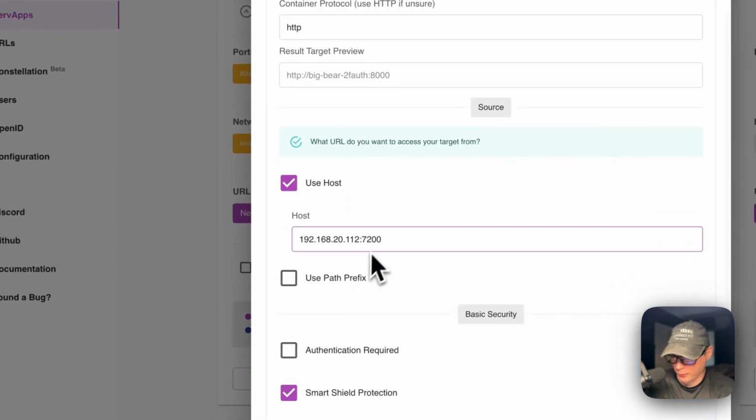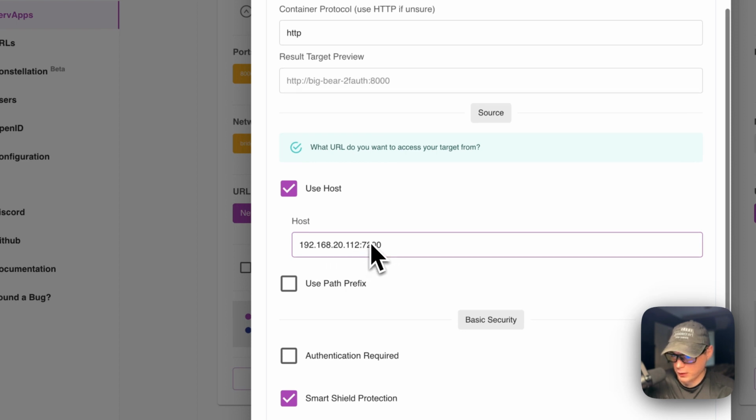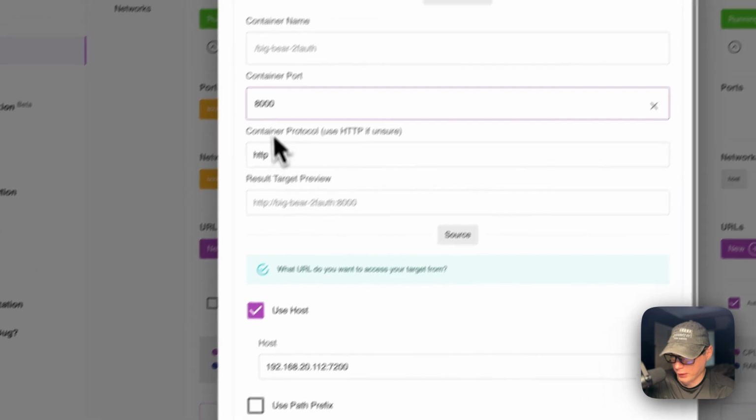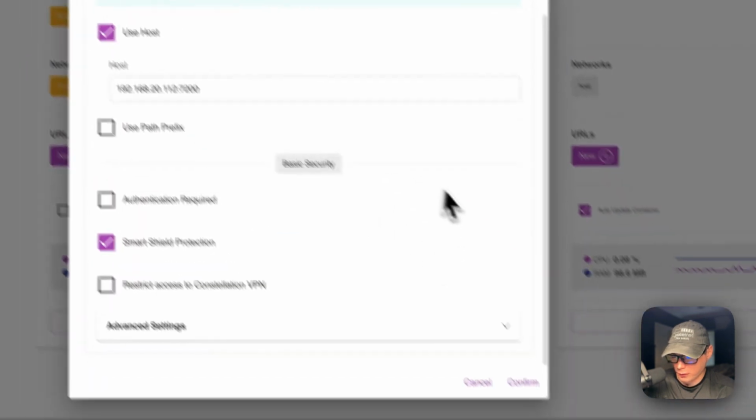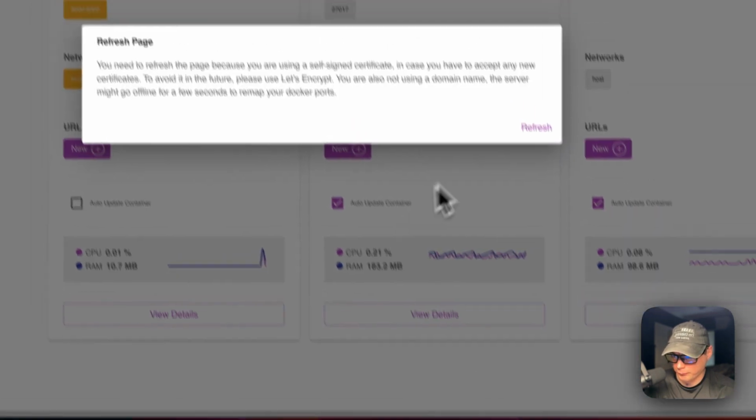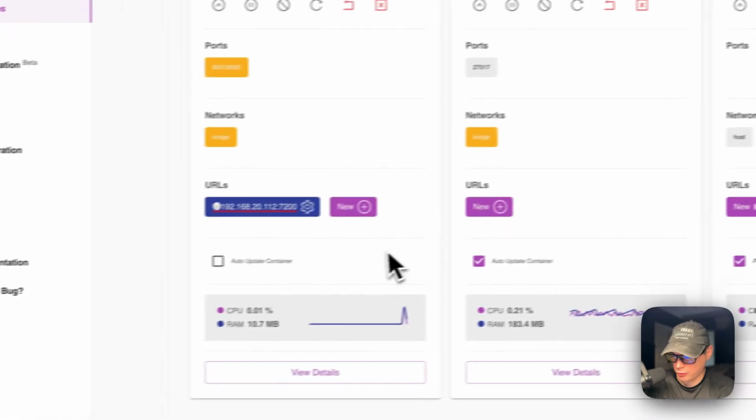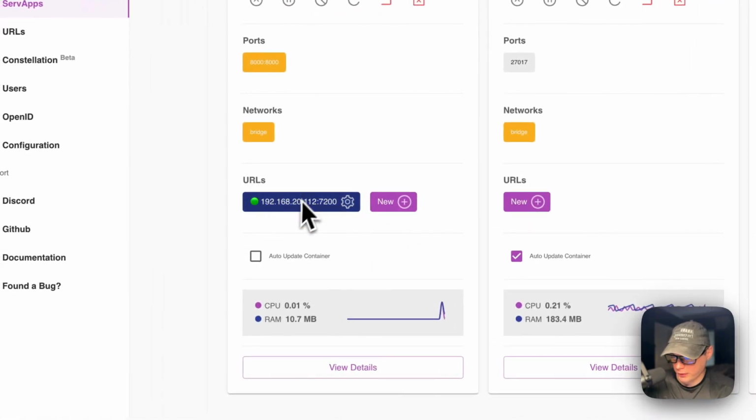And then this proxy is going to be listening on 7200. So it's going to proxy through and then go to the container. Now I'm going to confirm and refresh the page. So now we have our URL set up, and now we're going to need to change the environment variable on